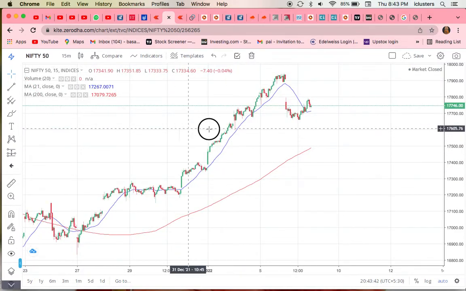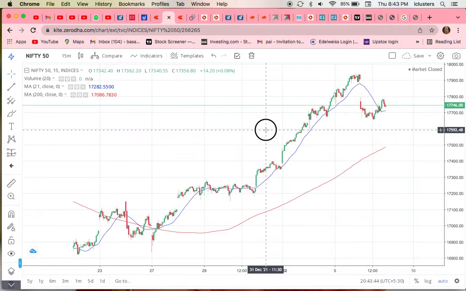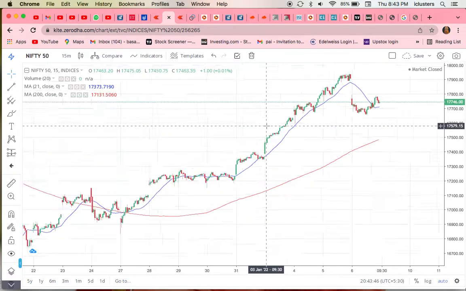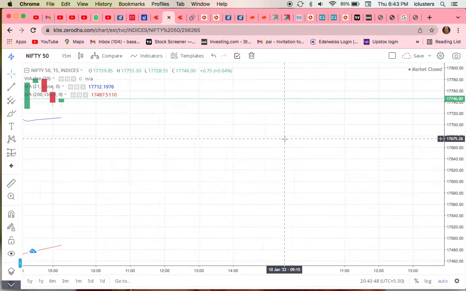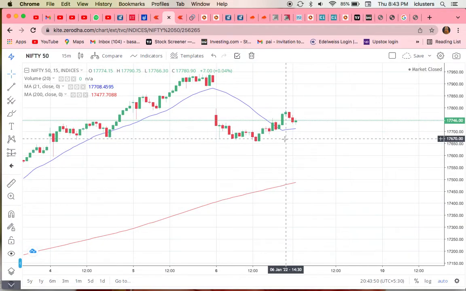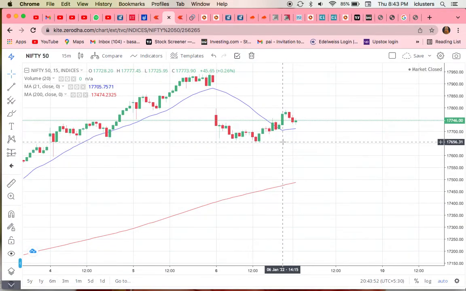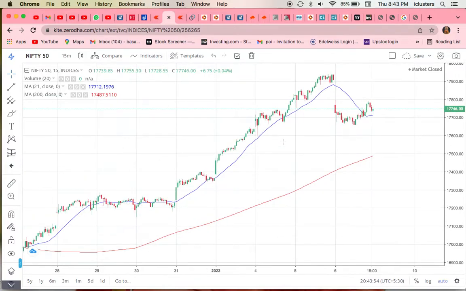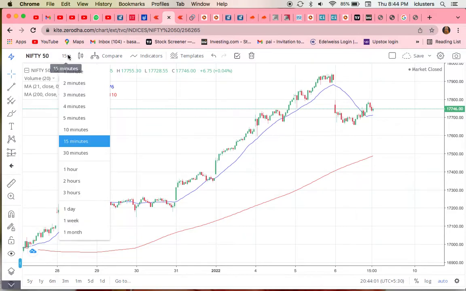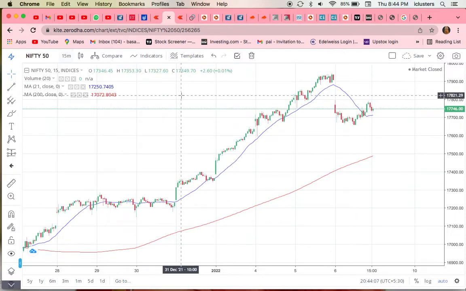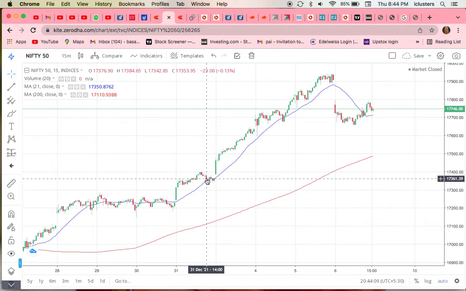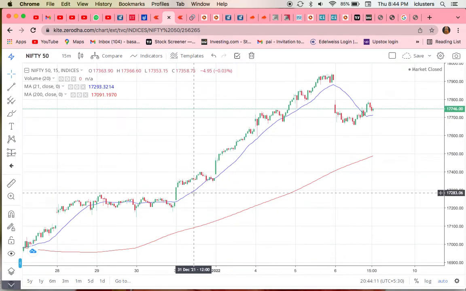Most of the professional traders are using 15 minutes. I suggest you use 15 minutes only to identify the trend, for analysis purposes, and trend patterns and all. You need to use 15 minutes, 1 hour or 1 day candles for intraday traders. If you are a swing trader, you will use the 200 days moving average, 50 days moving average, 90 days moving average. Okay, see friends, when price is moving up above this moving average, it is in an uptrend.